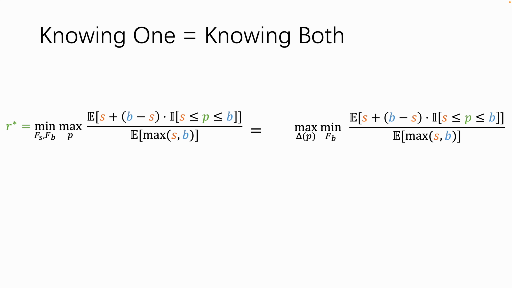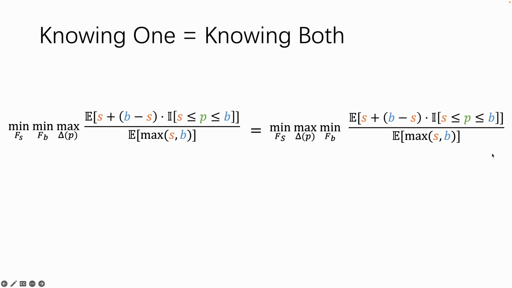But what is the optimal approximation ratio if we only know the distribution of the seller? Given the distribution of the seller, the optimal mechanism is to find a distribution of prices so that it has the best performance against the worst buyer. So it's this term. Similarly, the approximation ratio is the ratio of the optimal mechanism in the worst case situation. So we just need to take the minimum over all possible seller distributions, and we know that it is this term. And we could reformulate the term on the left to get this.